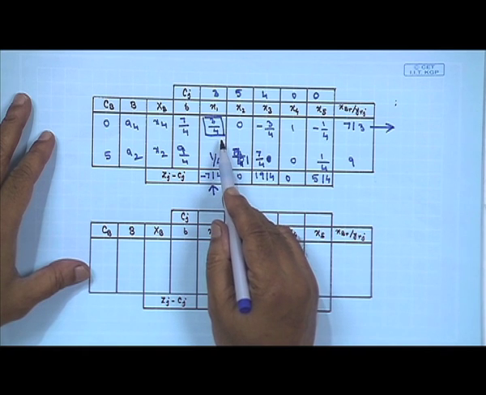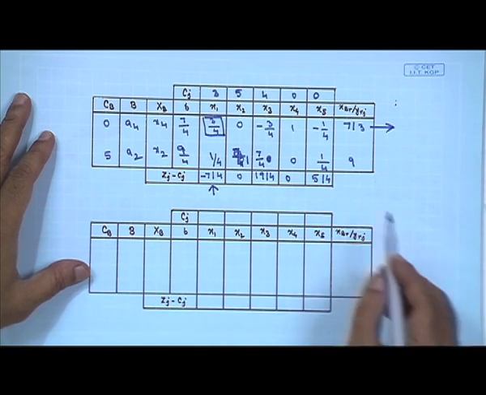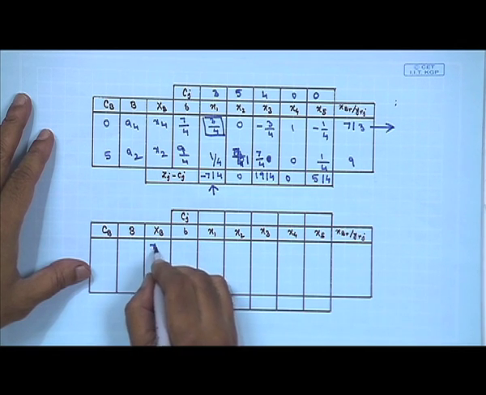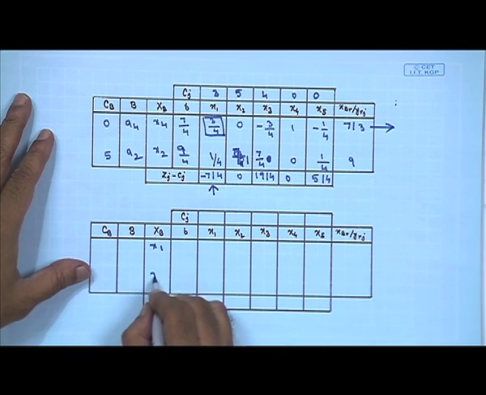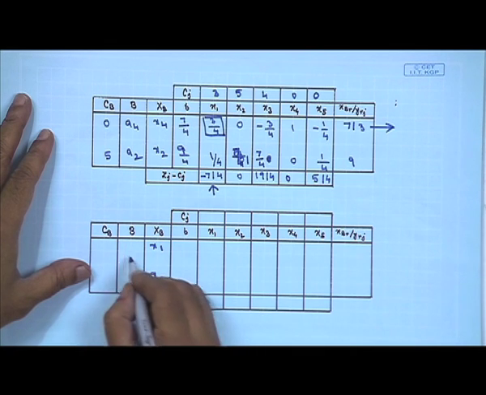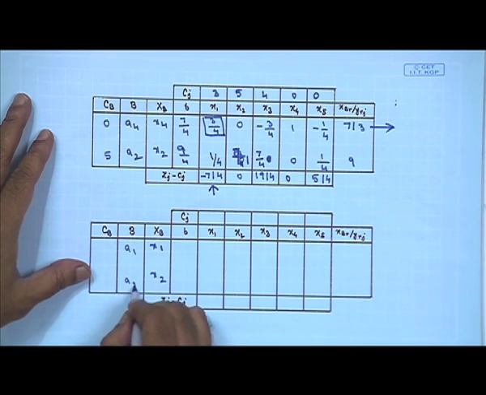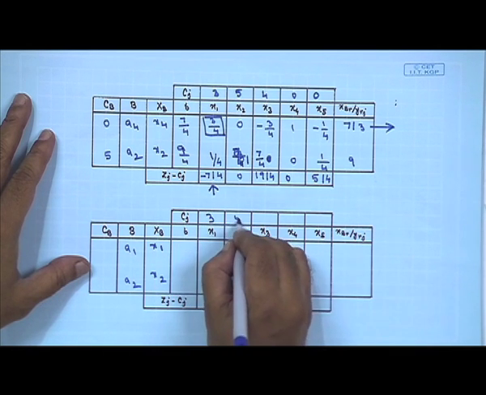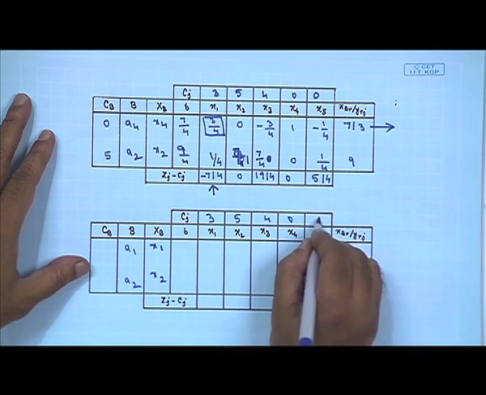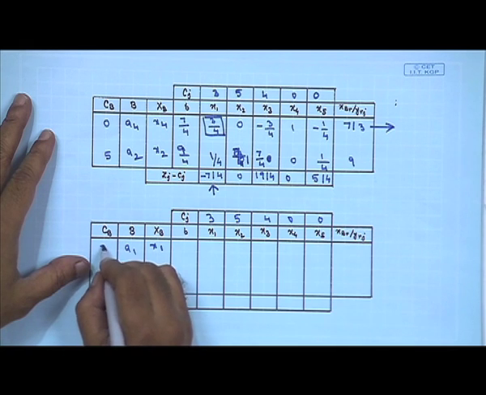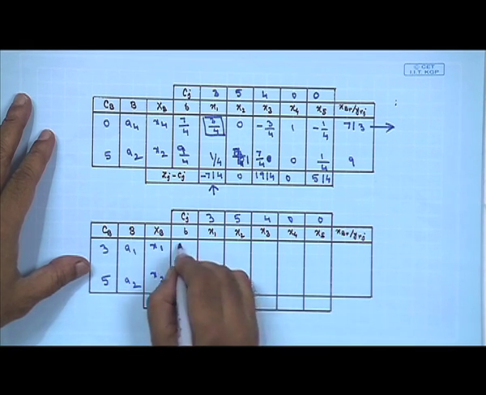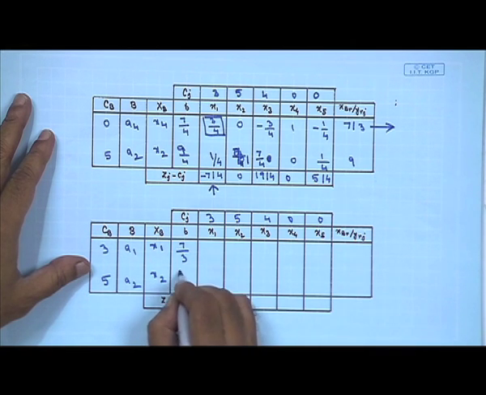So, I have to make this element as 1 and this element as 0. So, your x4 will be replaced by x1 here. So, you are coming as x1, x2. Your B values are a1, a2. So, your Cj are 3, 5, 4, 0, 0. This is 3 and 5. So, the rows will be 7 by 3, this will be 5 by 3,